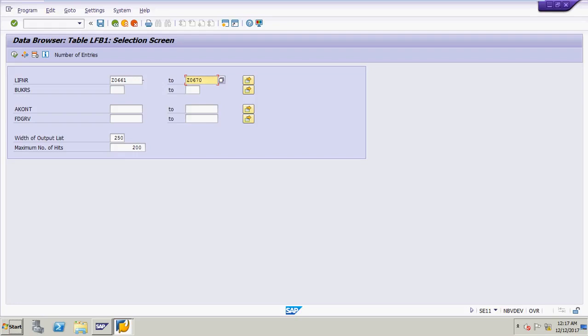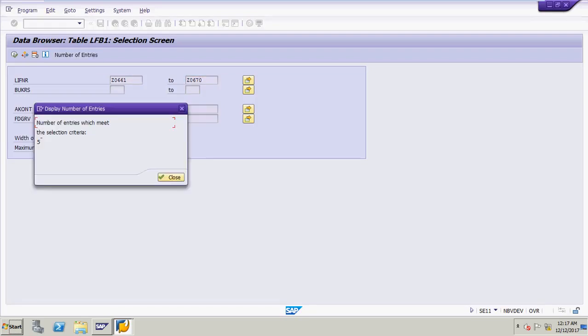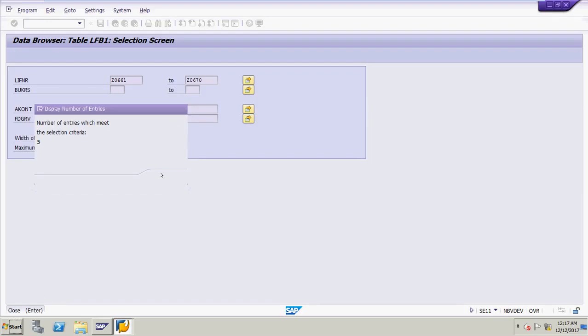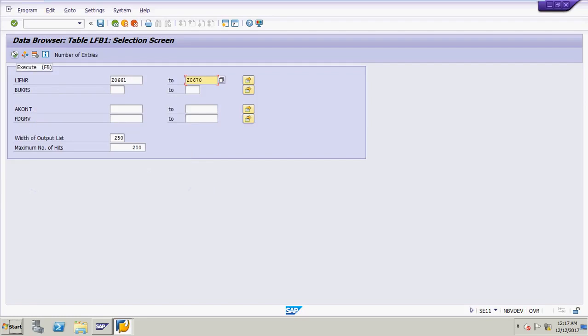That's the range I have mentioned, from 0661 to 0670. The number of entries I had already uploaded before, and now one more, a total of 5 entries. Now click on the close button and click on the execute button.